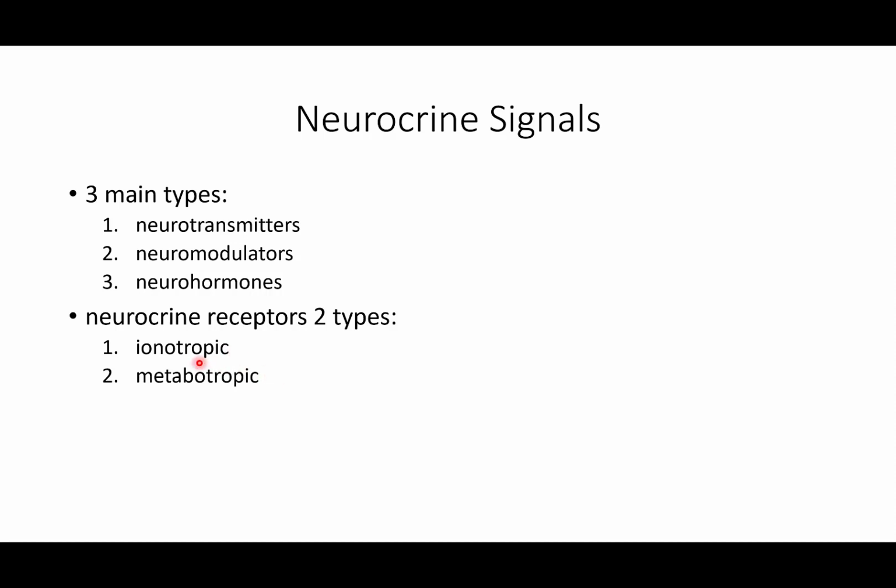The other type we have is what we call metabotropic. So in a metabotropic receptor, when we have a neurocrine bind to it, it's coupled with something like a G protein coupled cascading signal molecule. Let's say we have a cell, here's the receptor. In the ionotropic, it's a gated channel, so when we bind a neurocrine to it, we bring things through. In a metabotropic, when we bind to this receptor,